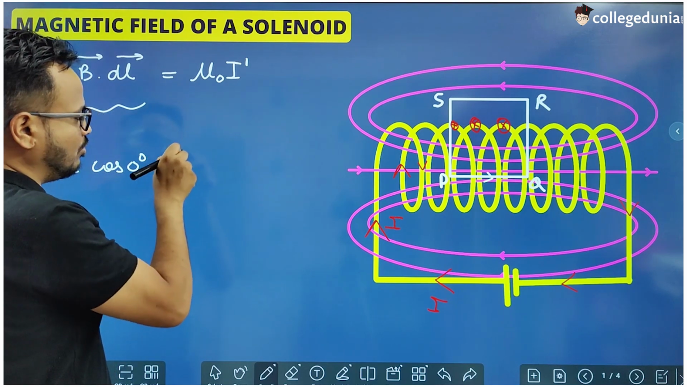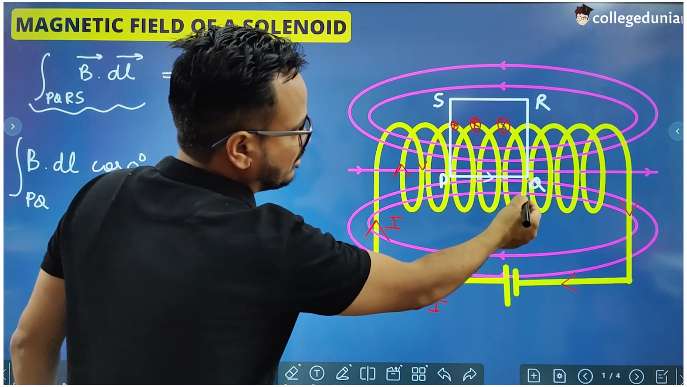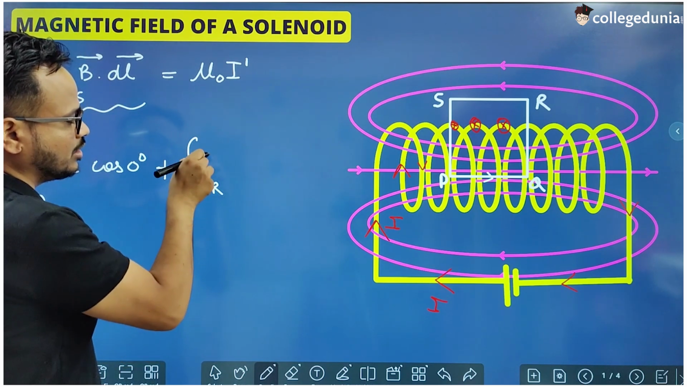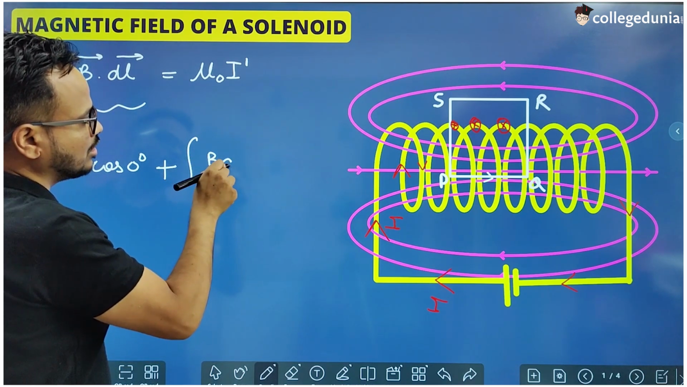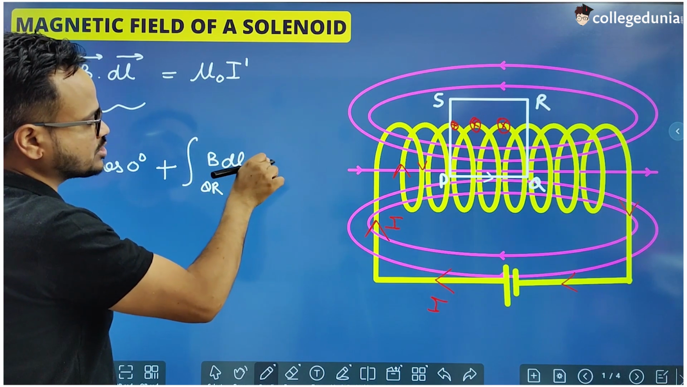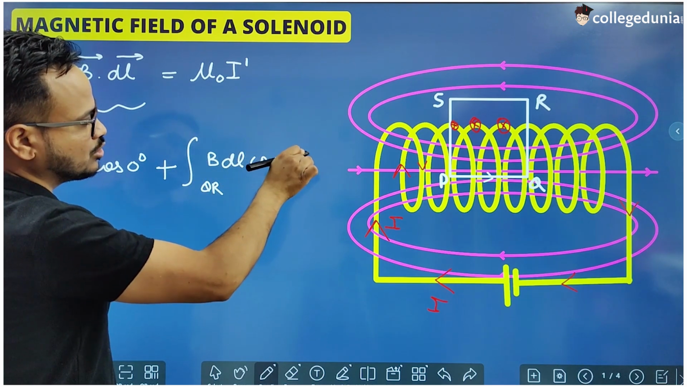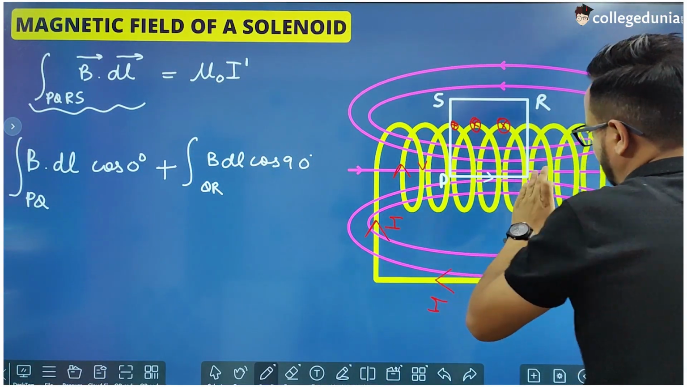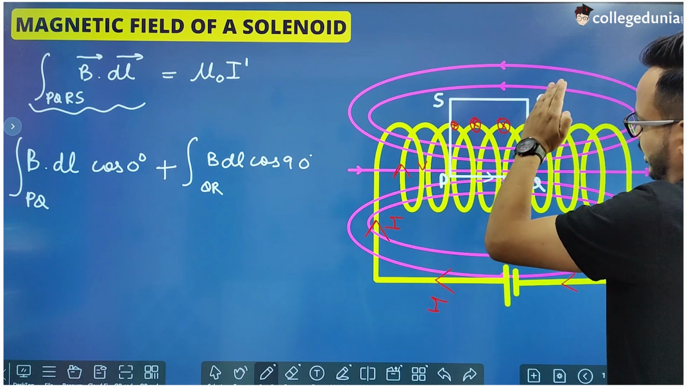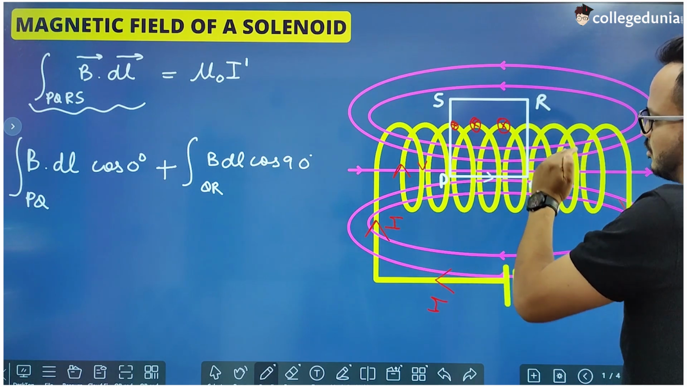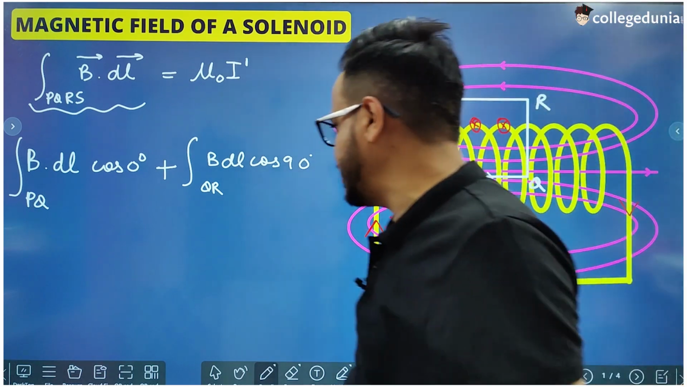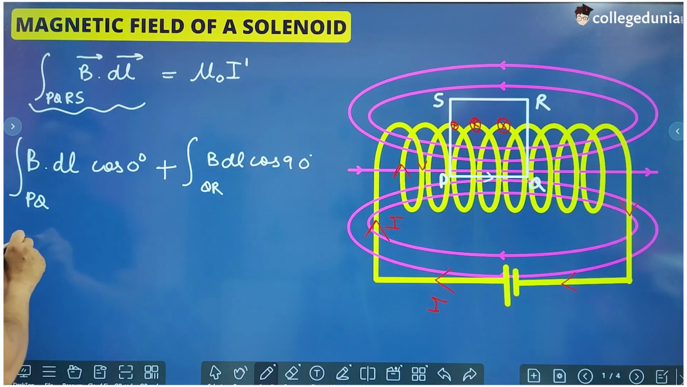Plus, now take the other one, which is QR. So this is B dl cos 90 degree, simply because at this side QR, the direction of QR is this and the direction of B is this. So what is the angle between QR and B? The angle between QR and B is 90 degree. Plus